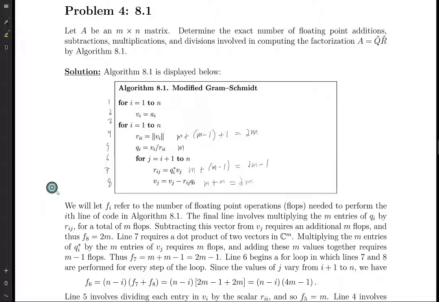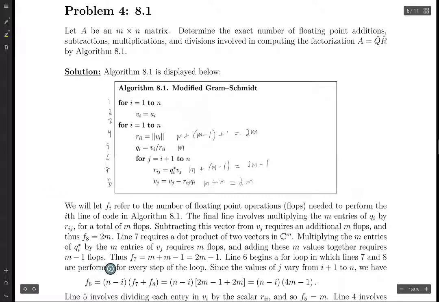Because let's say that i is 0. If i is 0, then you're going to have to do this n times. So it would be n minus i. This is the type of thing where it's easy to be off by 1, but it turns out this